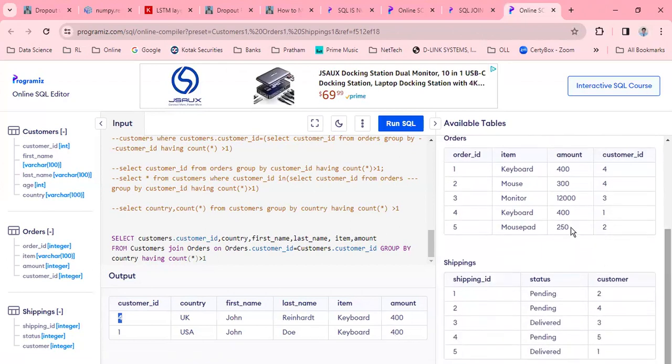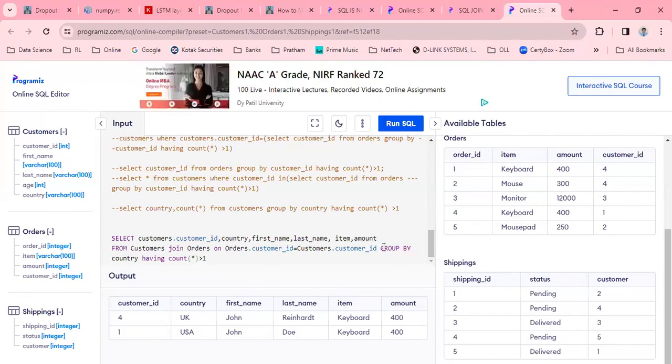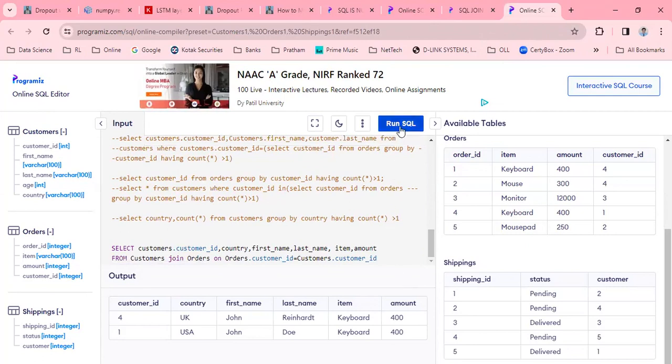Yeah, this is correct. This John Doe has ordered customer ID keyboard. But this query just does not show any useful result, right? Group by greater than 1, it doesn't show, right? So this query, group by having count greater than 1, does not show any useful result. So even if you remove this, okay,